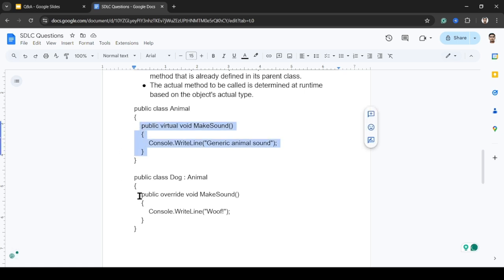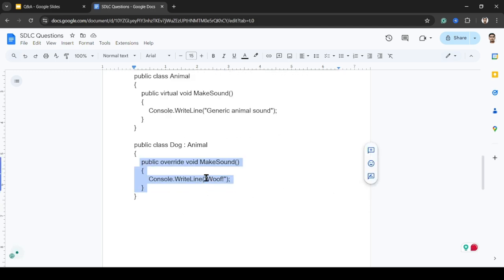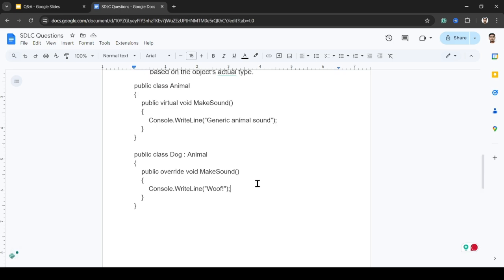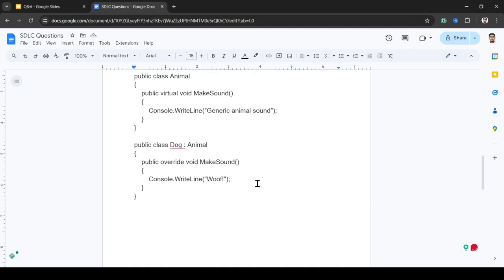This make sound is overridden by the dog class and it's calling its customized, specific output. So this is achieved via method overriding, and this is also known as runtime polymorphism.